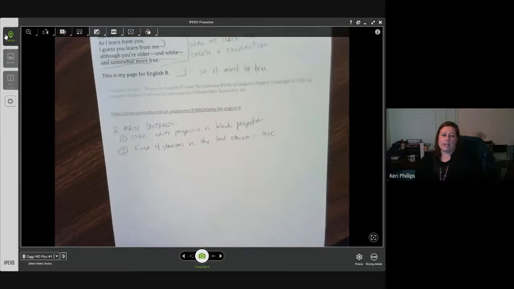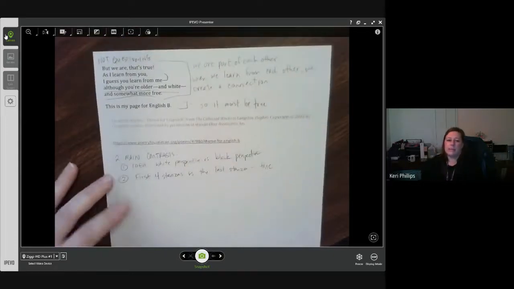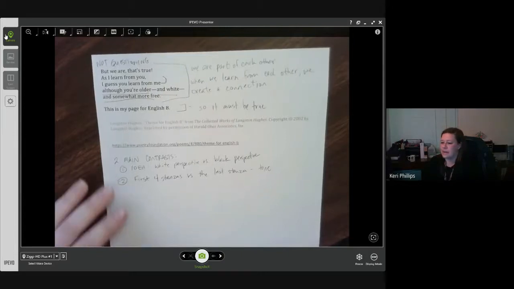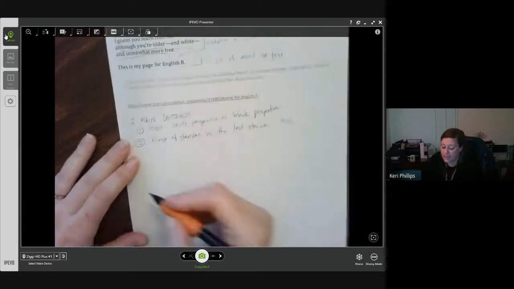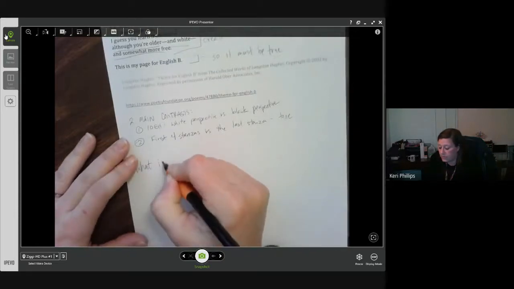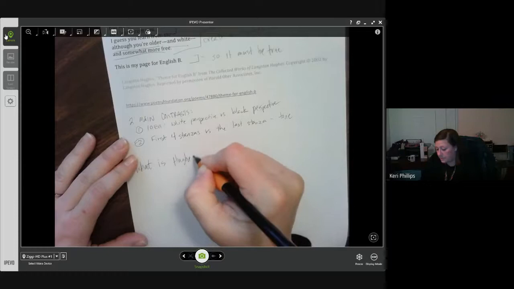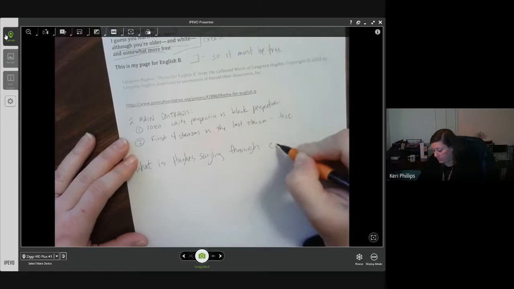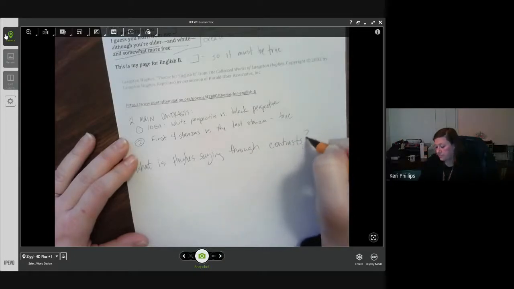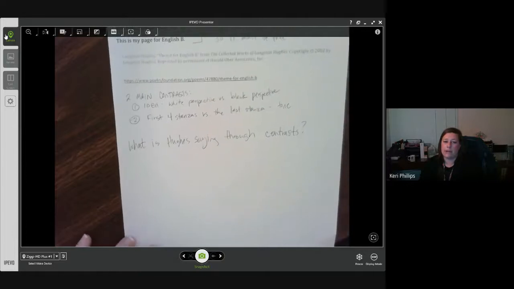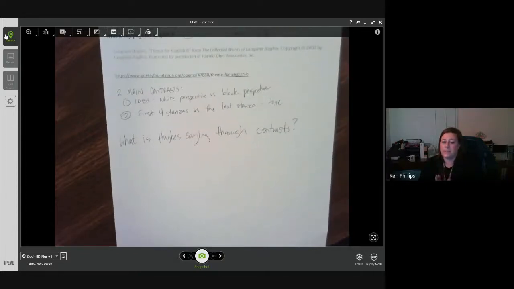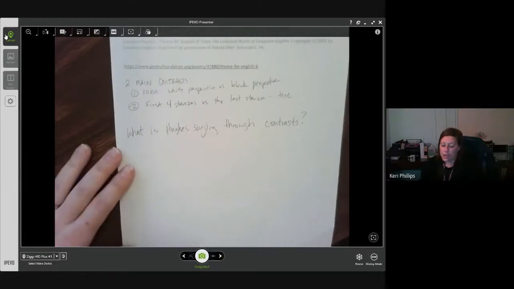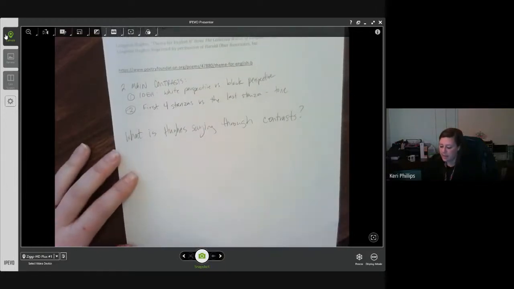So when I'm looking at this contrast between him and his teacher, him being black and his instructor being white, setting those things side by side, to me, right now, it looks like, so what is Hughes saying through contrasts? Okay, that's the question I'm thinking of right now. How does identifying these contrasts help us understand what he's saying? And I think through contrasting the white versus the black, that